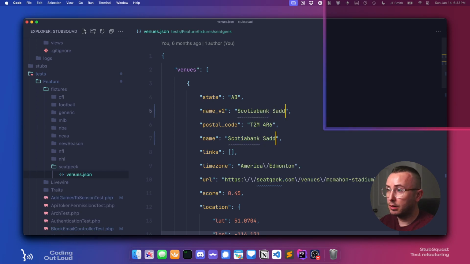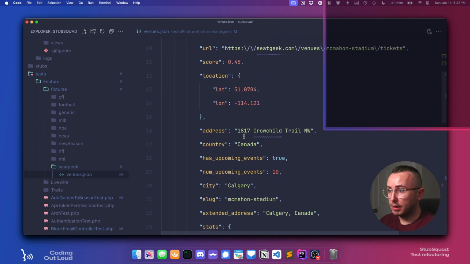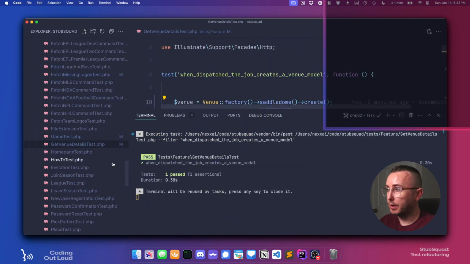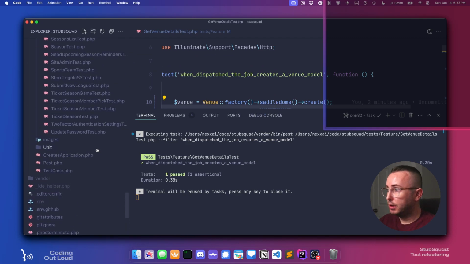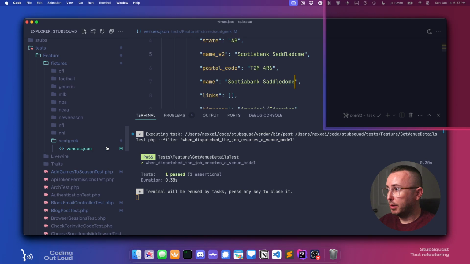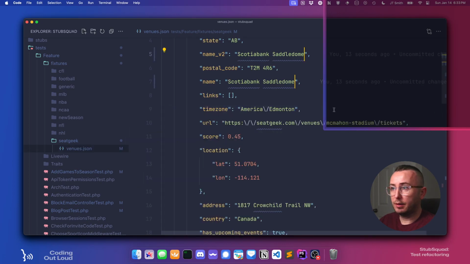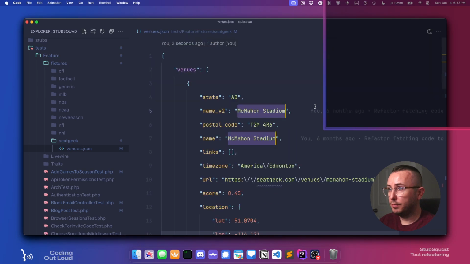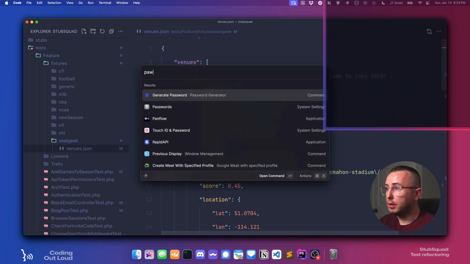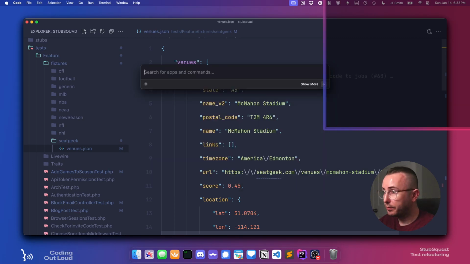Scotiabank Saddle Dome. Okay, I'll come back and update the rest of this stuff in a minute here. I just want to see if this is going to be enough to fix this test. Yep. Okay. So let's go back in here. We're going to undo those because I want it there. But what we will do is